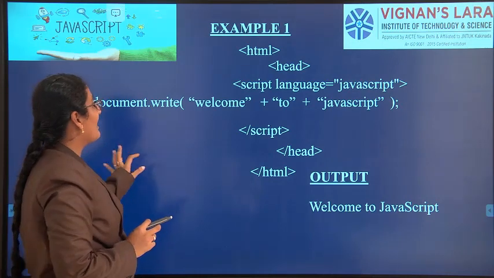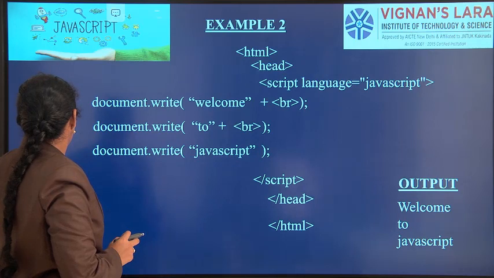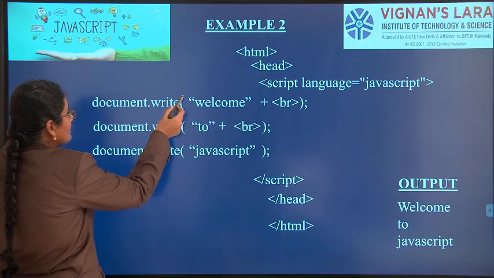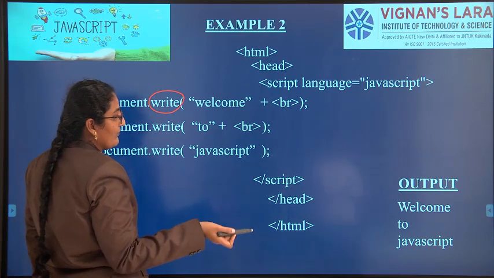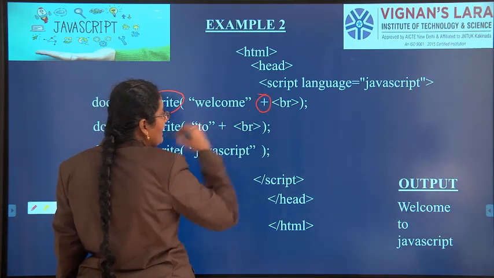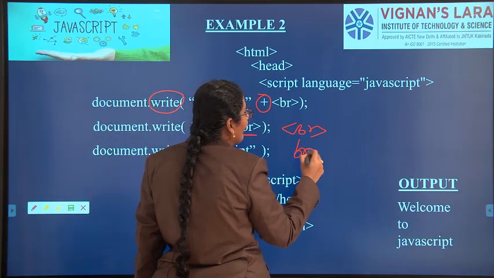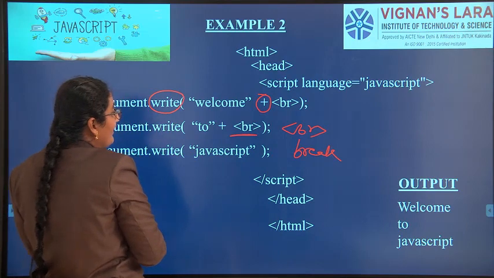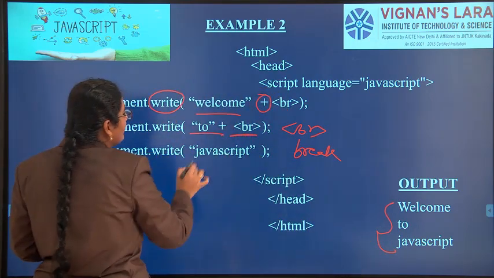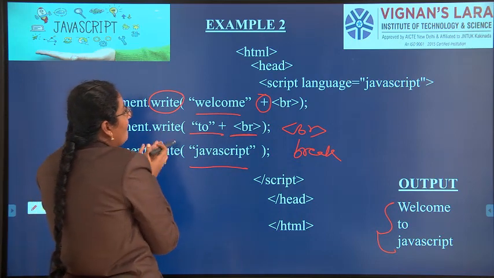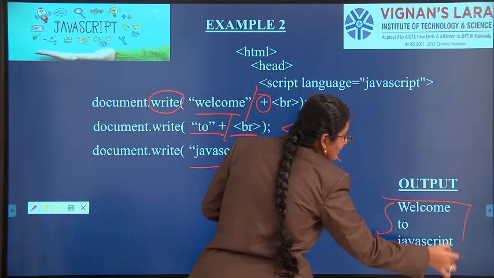So if you see the next example, you will understand what I have told. See here. You have used the write method, but you don't have a chance of getting output in 3 different lines. So you have used append, and you are using the break tag. BR is nothing but the break tag. While we are using the break tag, we will get output like this. Welcome to JavaScript should be appended, but we want a break after Welcome to. So we got output like this.